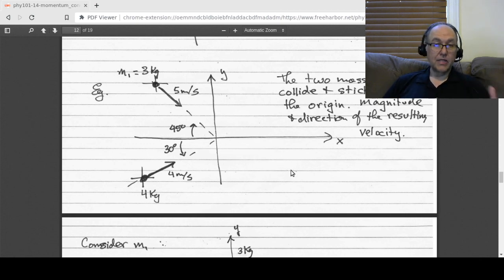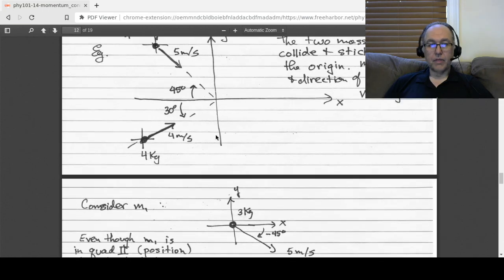In fact, in this one, your intuition might be hard-pressed to decide whether the combined mass is going to be traveling into the fourth quadrant or into the first quadrant, okay? Let's not worry about that. Even if your intuition can't tell you which way it's going to be going, that'll come out afterwards when we solve the problem, okay? But you see, let's take a look at what we have to do now to get the total momentum before, okay? So